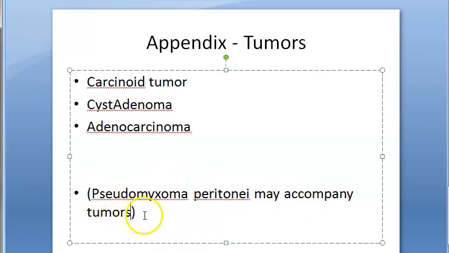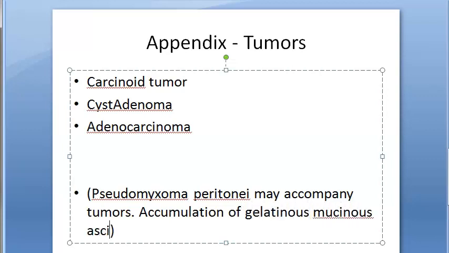So what exactly are they telling this is? Accumulation of gelatinous mucinous ascites, is it? So basically pseudomyxoma peritonei, if you read on the internet, it says it is a rare cancer of appendix. But what the textbook says is this can contain normal cells or tumor cells. Okay. But remember it has some gelatinous mucinous substance which can lead to ascites. Basically they are telling here that this can be acellular, no cells at all, or it can contain tumor cells.